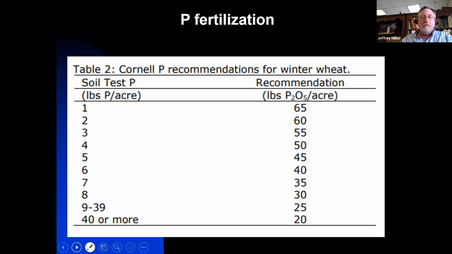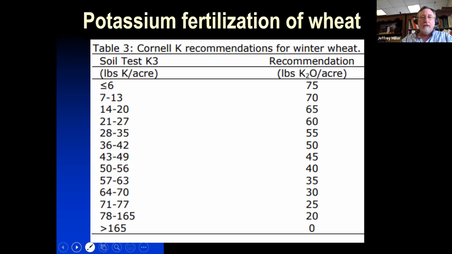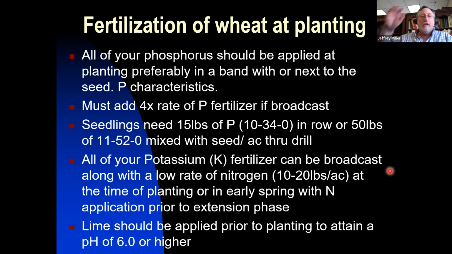Those are the two keys when managing phosphorus fertilization. Potassium, again, is readily available in the soil water. At the low end, the higher rate is 75 pounds. At the high level of potassium in the soil, you're not going to see a response to any additional potassium fertilizer. So just talking about fertilization of wheat at planting, all of your phosphorus should be applied at planting, preferably